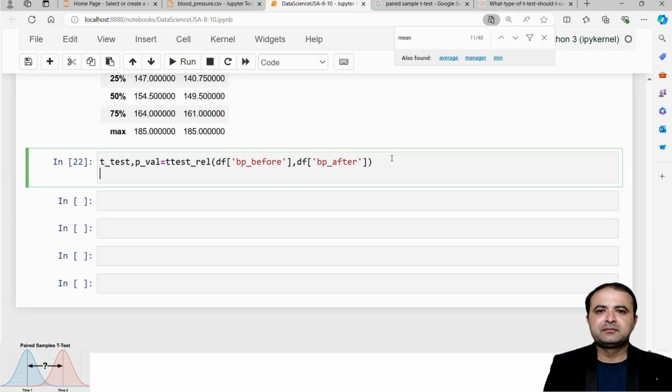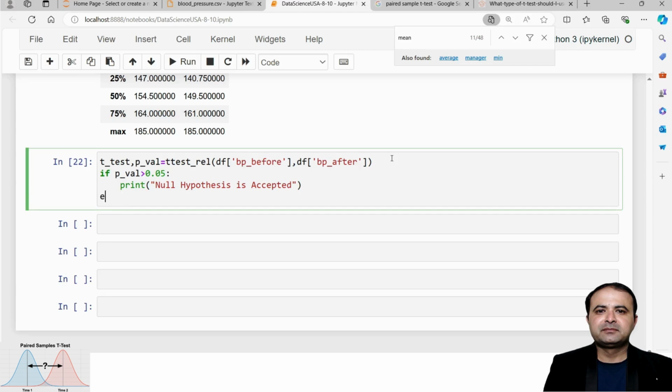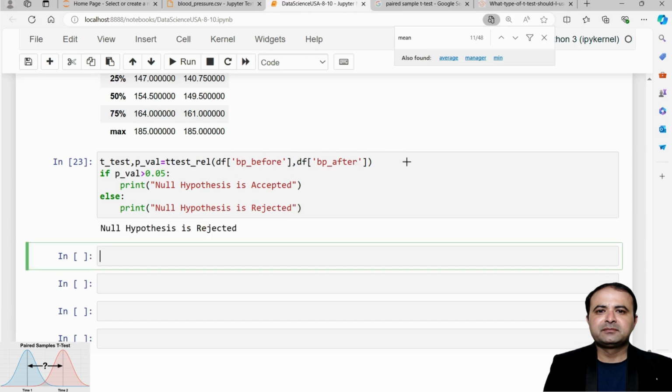So again, if p-val is greater than or equal to 0.05, print null hypothesis is accepted, and else hypothesis rejected, or like the alternate, you can use null hypothesis rejected, because the reason is that